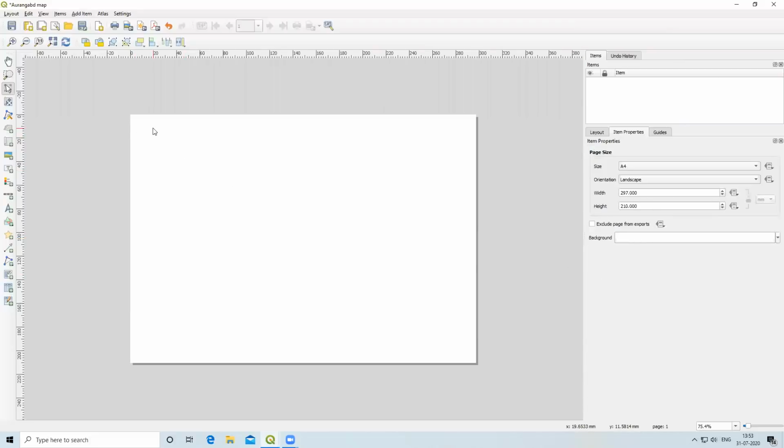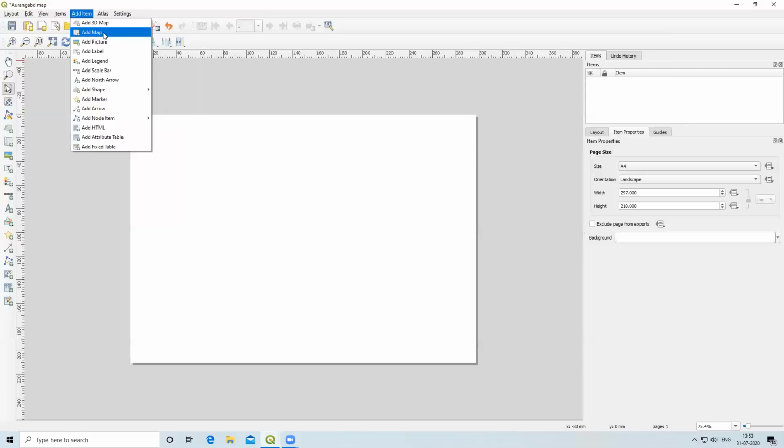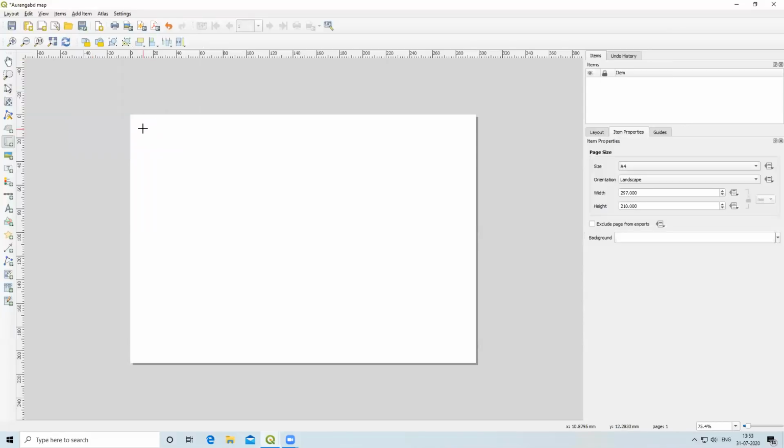Now I want to add a map here. To add a map, I will click on the Add Item option. Then the Add Map option is there. I will click on Add Map. I will press my mouse and drag here. Left click the mouse, select and drag a map.